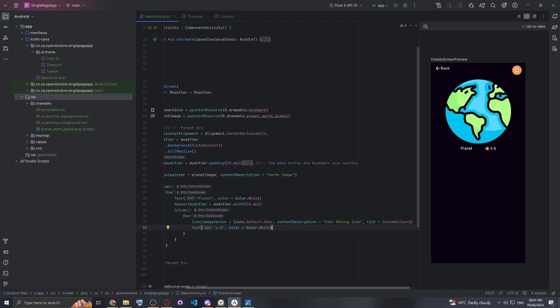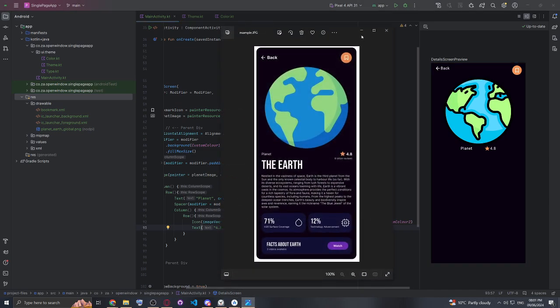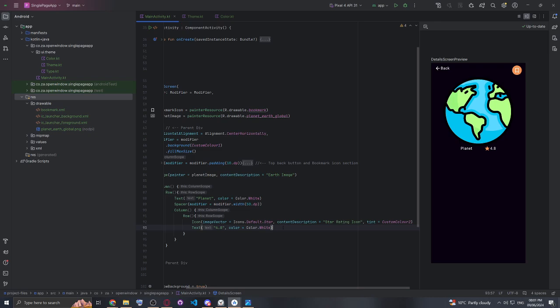Awesome. Now underneath the rating we see we have 8 billion reviews. So that's not going to be in our row anymore. It's going to be inside the column above that. So these still all fit inside the other row, which is this entire piece here that has the spacer in the middle. So we need to effectively come out one layer, so we can add in that text of